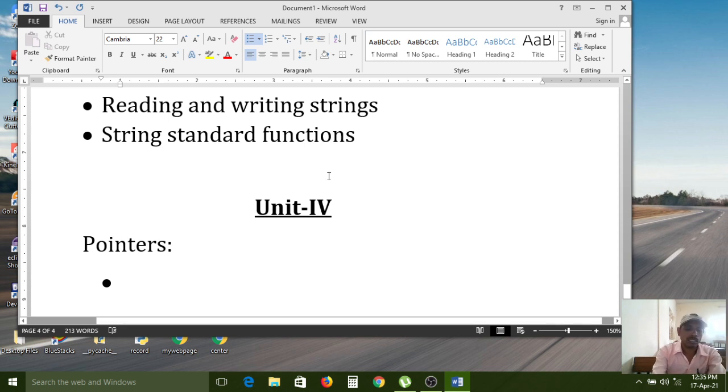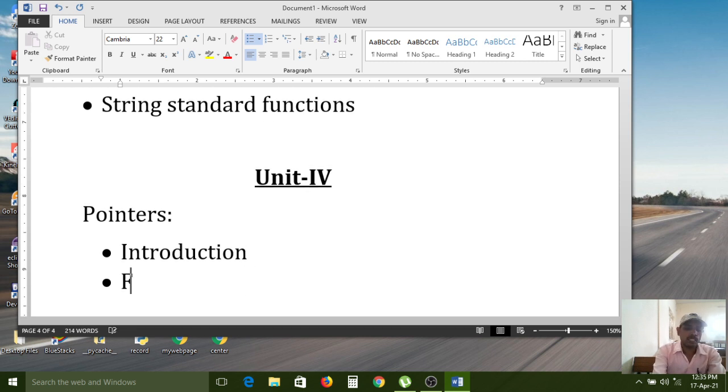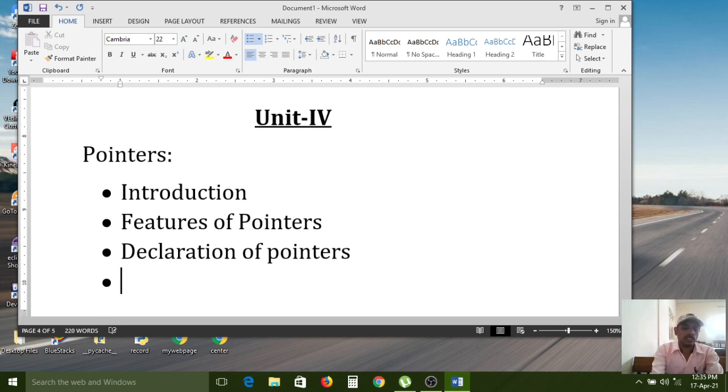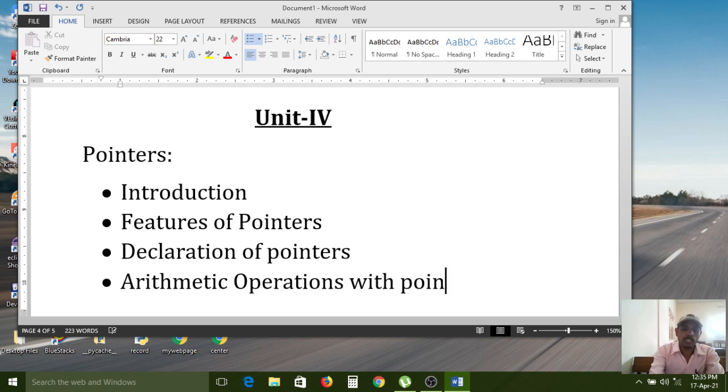In this: pointers introduction, features of pointers, declaration of pointers, arithmetic operations with pointers.